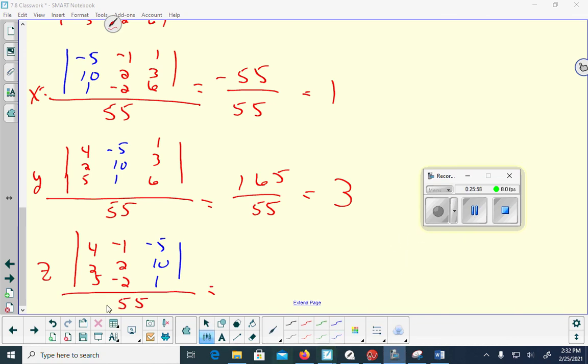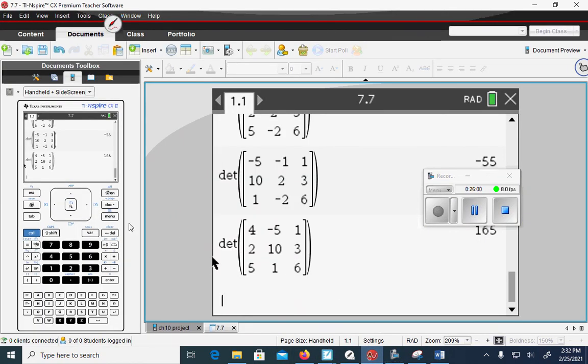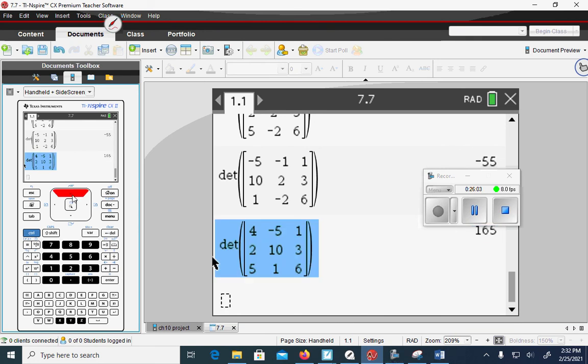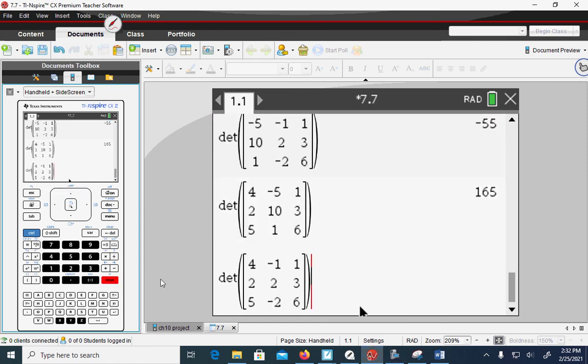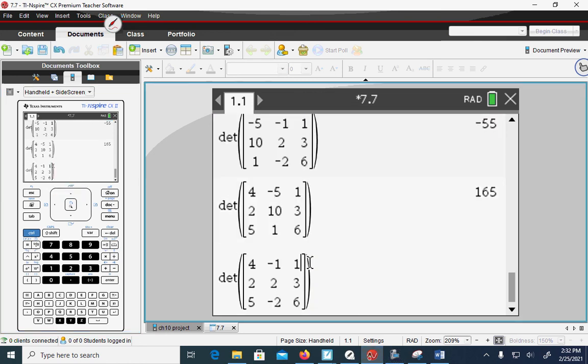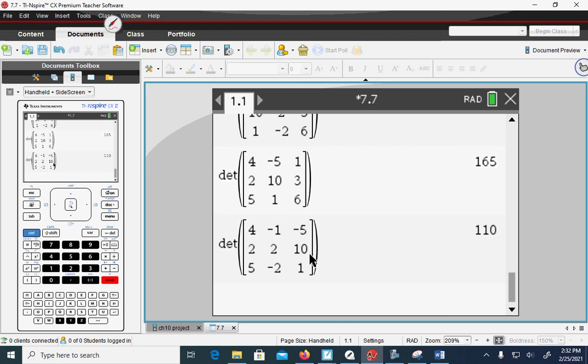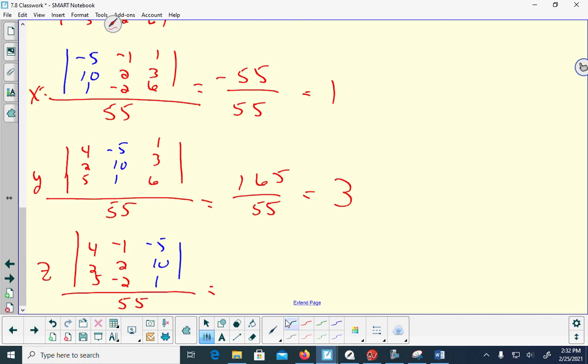Okay, so I'm going to put this in my calculator. Remember, to do this, I go up and grab the original one that had the coefficient matrix, because that way I only have to retype one column. If I used another one, I'd end up retyping 2 columns, because the answers only replace that one column. So when I type this in, I end up with 110. So I'm going to take 110 and divide it by 55. And I'm going to get 2. So my solution